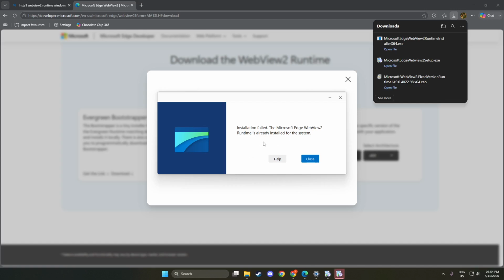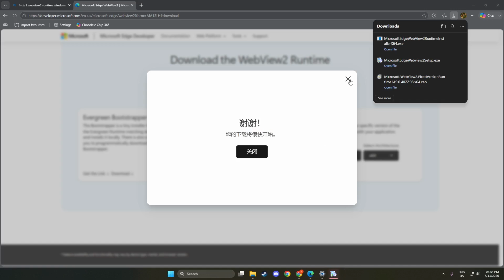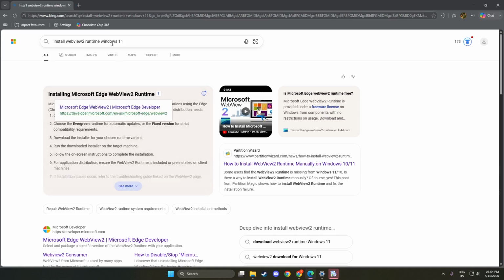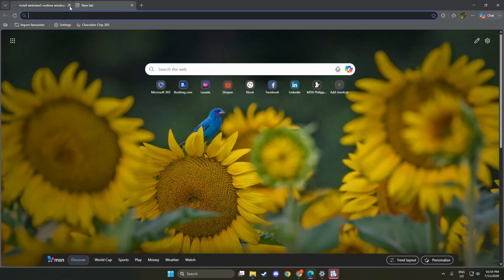Finally, you can close the installer window. Your computer is now equipped with the latest version of Microsoft Edge WebView 2 runtime. This installation is essential for running applications that rely on this component effectively. You can now reopen any applications that depend on WebView 2. This little step saves you a lot of time later, as it ensures that your applications run smoothly without any hitches. By following these steps, you have successfully fixed the Microsoft Edge WebView 2 runtime issues.